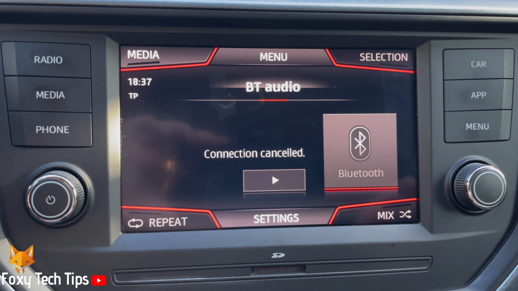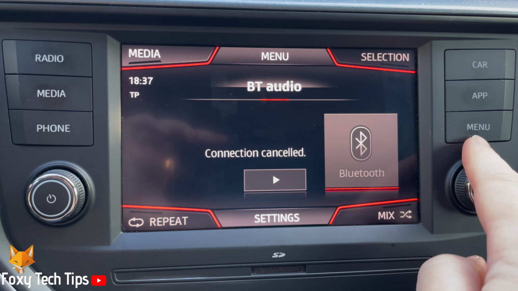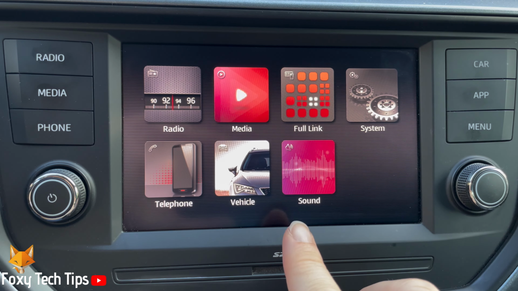Welcome to a Foxy Tech Tips tutorial on turning off or changing the speed-dependent volume adjustment on the Seat Arona